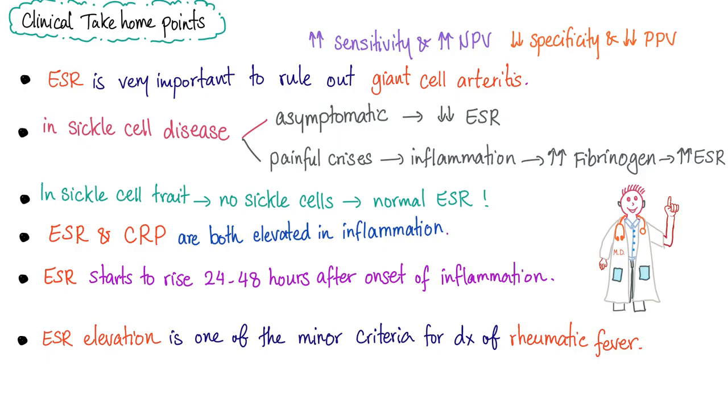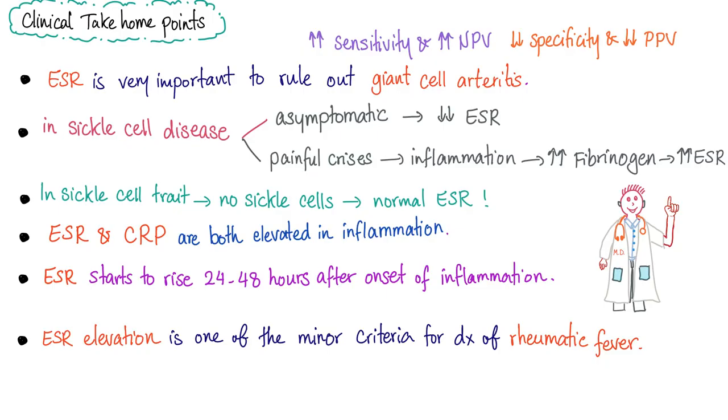Okay, it's very stiff, it hurts like mad, and it's very tender over her temporal area, like the temporal bone. When you hear these symptoms, quickly order an ESR. If ESR comes back normal, you have ruled out giant cell arteritis. Why? Increased sensitivity of the test. It can rule out, which means increased negative predictive value. When the test is negative, it means the patient strongly does not have the disease. If ESR is very high in case of giant cell arteritis, just with suspicion, go ahead and give steroids fast to save the patient's vision.